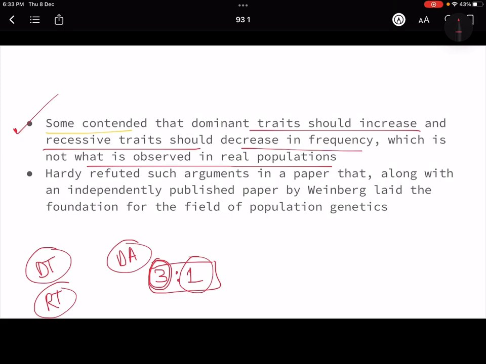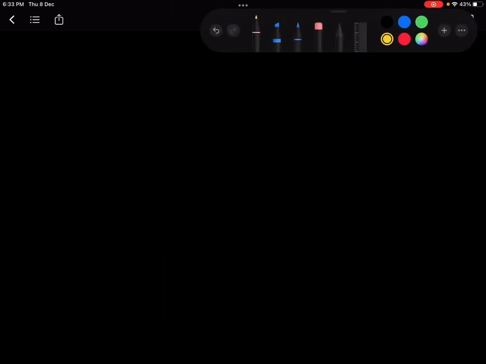Then Hardy and Weinberg came and independently published their papers. They did pioneering work in population genetics and tried to refute the arguments, explaining why the frequencies of different alleles in a population are maintained and how they are maintained, and they came up with a mathematical formula showing it. Okay, so now you must have understood the concept. Basically, the Hardy-Weinberg principle, whatever we are reading now, is